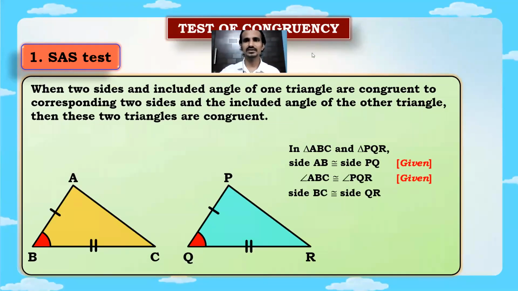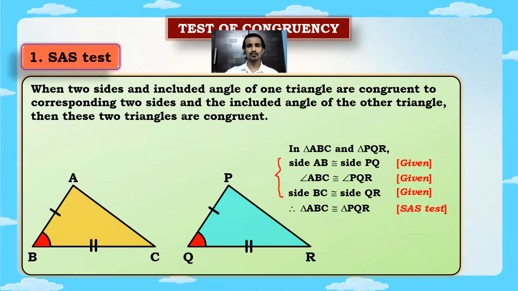All right. So we have 3 pairs of equal parts. These are the 3 congruent parts. We also have to write the reason for each of these. Here everything was already given, so we wrote the reason as given for all of them. Once we get 3 pairs of equal parts, we can say that the two triangles ABC and PQR are congruent. So triangle ABC is congruent to triangle PQR. All right, and this is our SAS test. From the next test onwards, you have to explain this to me. So understand this.